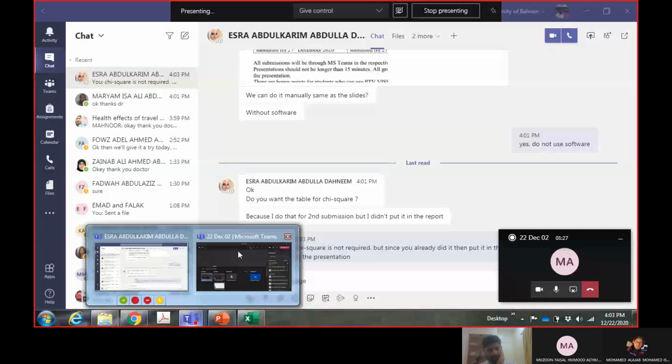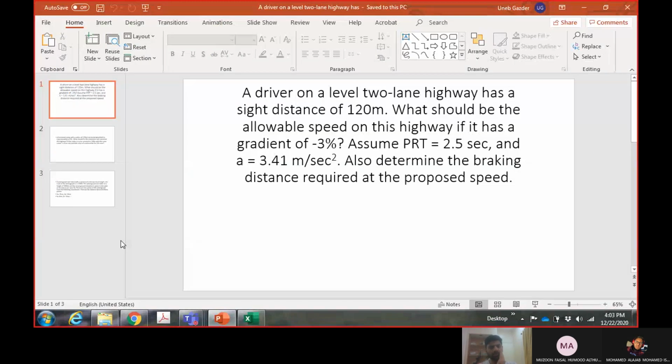So today's class again is to continue what we started previously, to solve the questions from the exam. I will finish, inshallah, today all the questions which I gave you in both the exams. In quiz 1 there were some questions left, so we'll start with the questions from quiz 1.